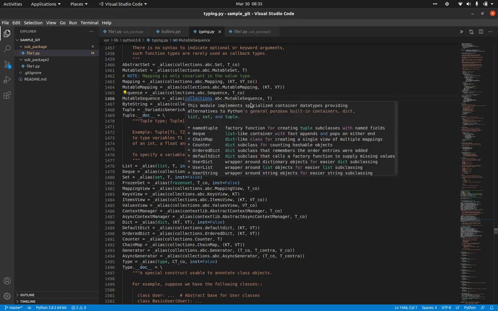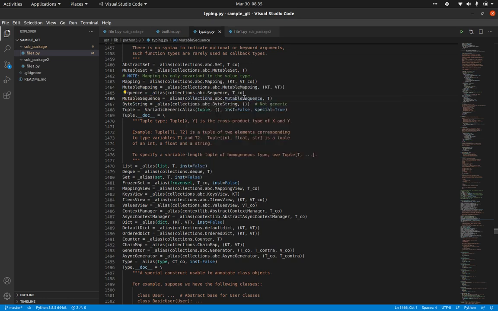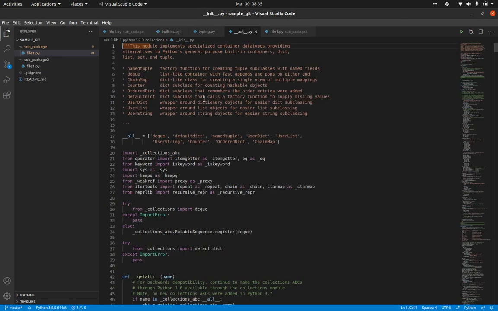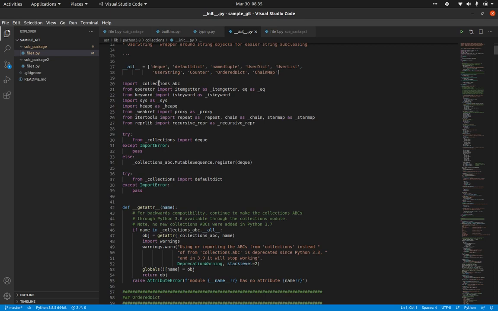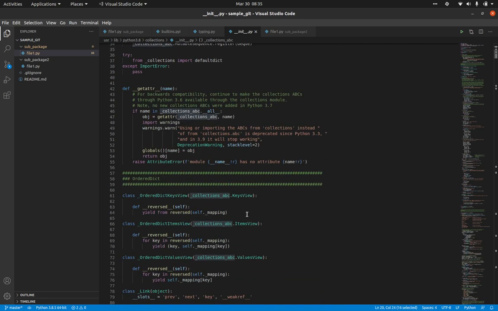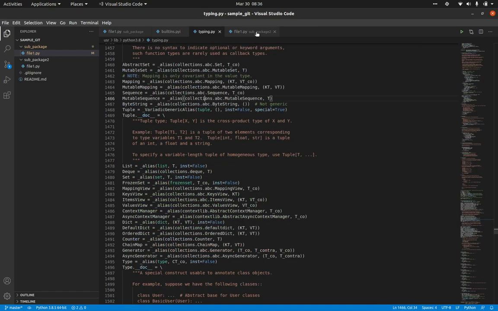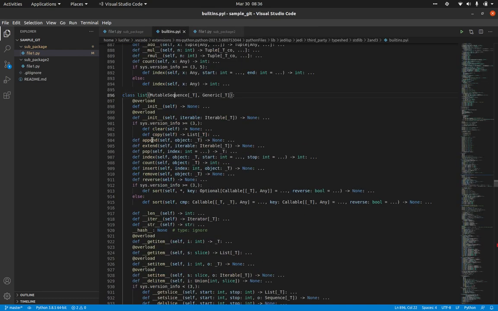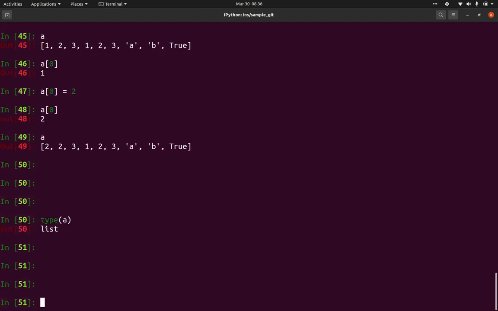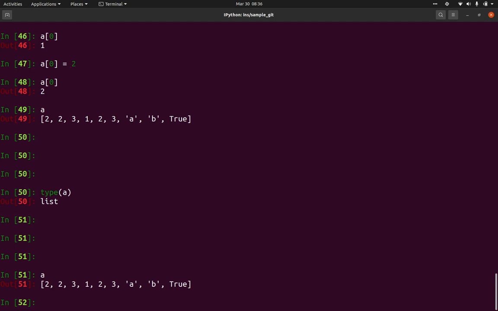They are taking from collections, mutable sequences. It's going to take some time for me to go there and check, but basically they are importing things and doing all these things. The code is already there, but you can go there and check the number of methods that are present for this particular class. Now we have this class object which is A.